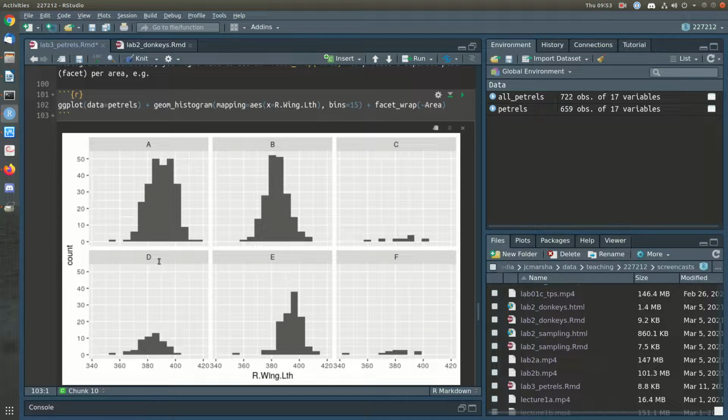We can compare A and D easily because they are on the same scale above each other, and similarly we can compare B or E. Clearly E has a higher distribution than B does. C and F, of course, have very little data,